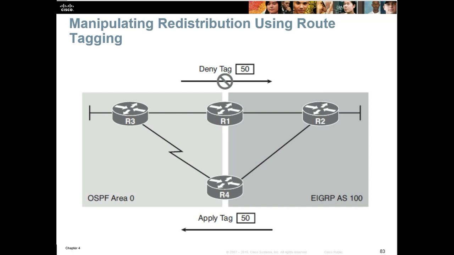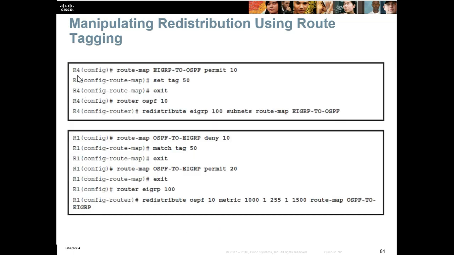Okay, so dekat R4, okay, we have a route map called EIGRP to OSPF. So we permit and the sequence number is 10. So now kita nak permit semua path daripada EIGRP to OSPF. However, we set a tag of 50. Okay, so remember there is no match statement. Maksudnya automatically it is matched lah. Okay, so set a tag